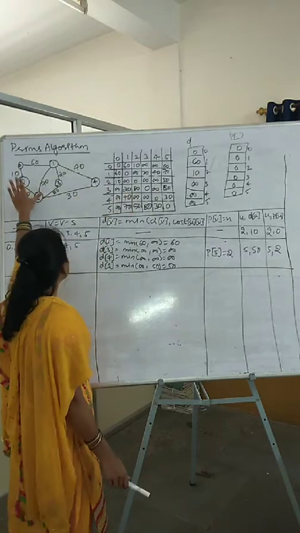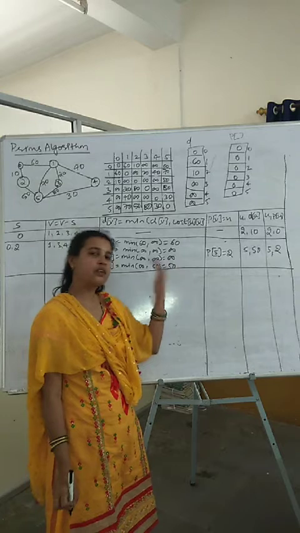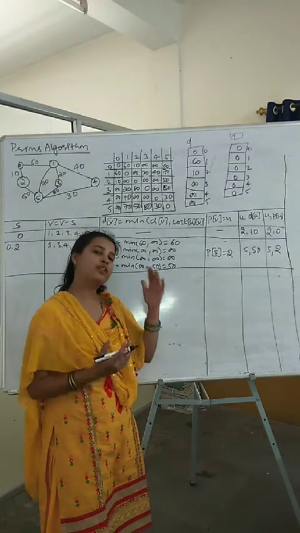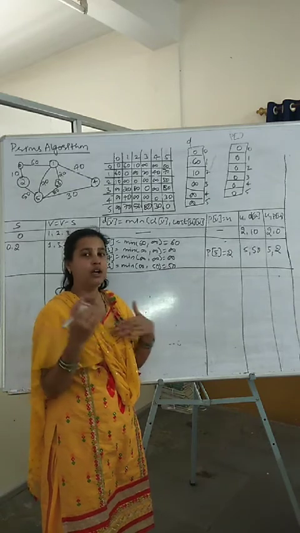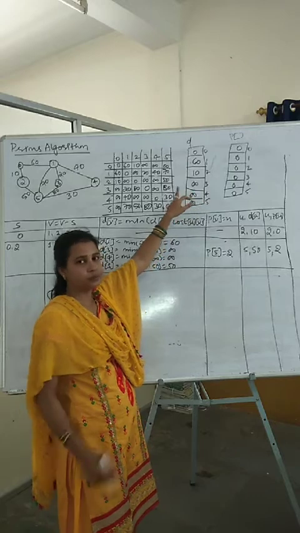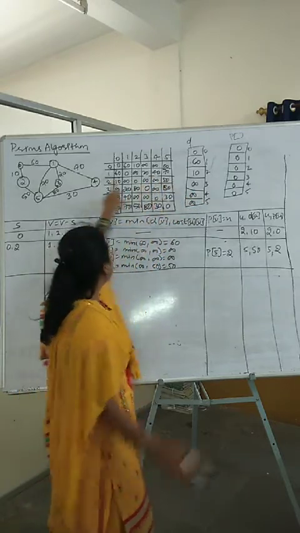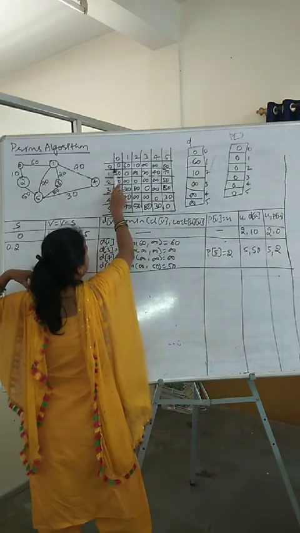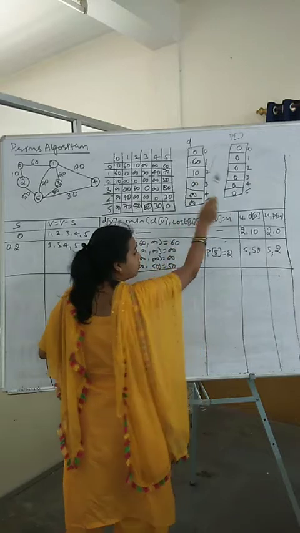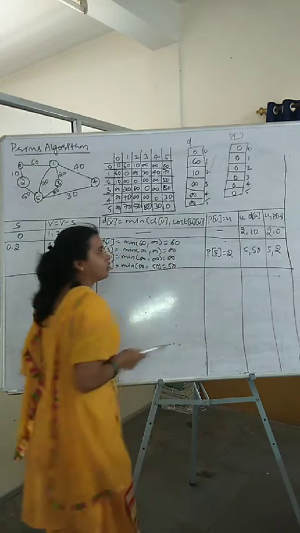Now here I am considering 0. You can take any vertex as the starting vertex, 1, 2, or 3. It's human tendency that we start from the beginning, so numerically we go in chronological order. So I have taken 0 as the starting vertex. Source is 0, so copy the zeroth column here, and fill the path column with the source. What is our source? 0 is our source, so fill the whole path column with 0.